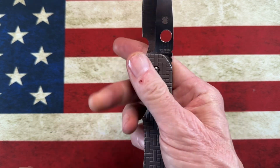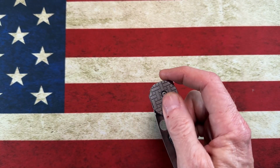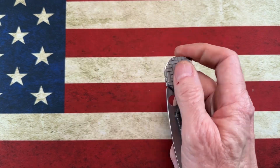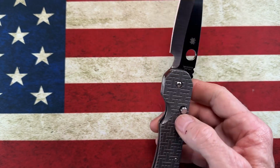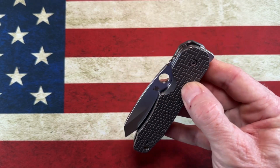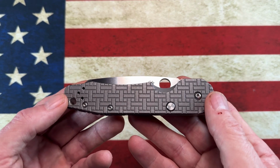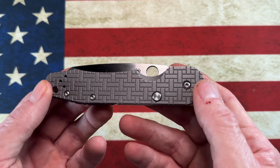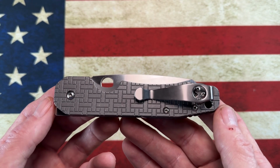And the secondary detent gives you kind of a snap when you close it. It doesn't give it that fluid feel, what I consider what we've all become used to with button lock drop, right? A lot of people don't like drop. Drop's not important. Get the knife, see how you like it out of the box. It's not quite as droppy as this version, but if you watch a video on removing the secondary detent ball,